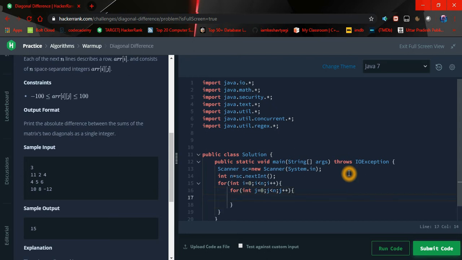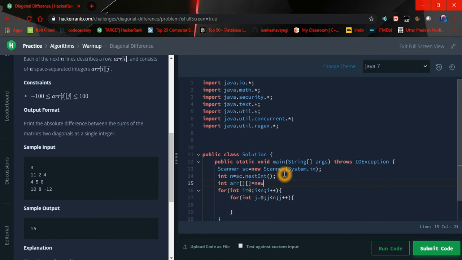Now what we have to do, we have to simply, sorry, I haven't declared the array, so let me declare the array first. Int arr of, it is a 2D matrix, so we have to declare this like this.